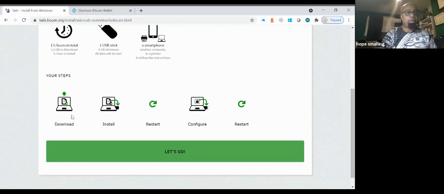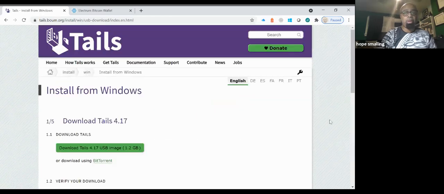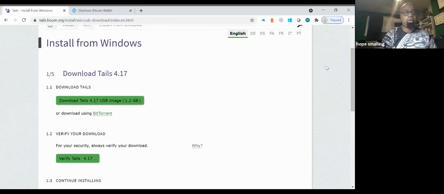And the process is you're going to download this to that computer. Then you're going to install it to that external drive. You'll restart it, and then we'll go through the configuration, restart, and then you're ready to start using your Bitcoin wallet. All right. And then when it says let's go, here's where you actually go ahead and download that Tails